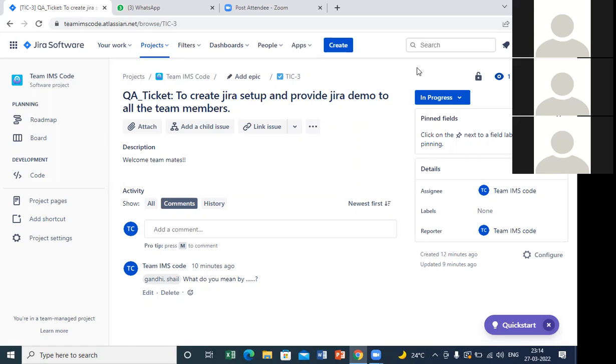तो आपको कहीं भी यहाँ वहाँ जाने की जरूरत नहीं है, सब कुछ यहाँ पे है। प्रोजेक्ट के बारे में जानकारी चाहिए, वो भी यहाँ पे है, आपने किस पे काम करना है वो भी यहाँ पे है। आपने किसी से कुछ पूछना है, वो भी आप पूछ सकते हो। तो ये एक कंप्लीट मैनेजमेंट टूल है। उसमें आप अपने बग्स असाइन कर सकते हो, बग्स को ट्रैक भी कर सकते हो कि ये बग निकला था और इसका क्या हुआ है।